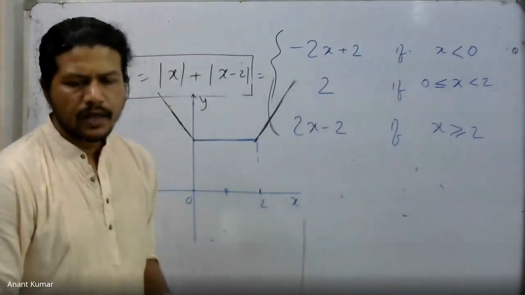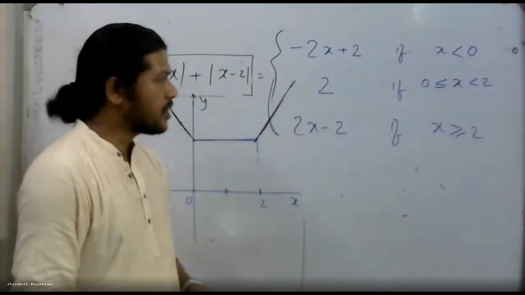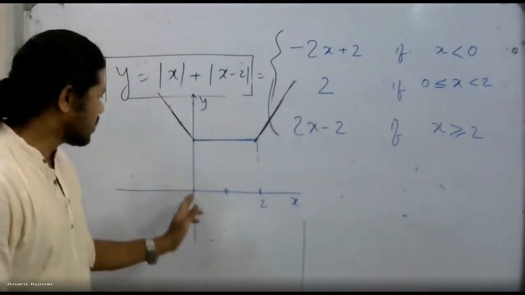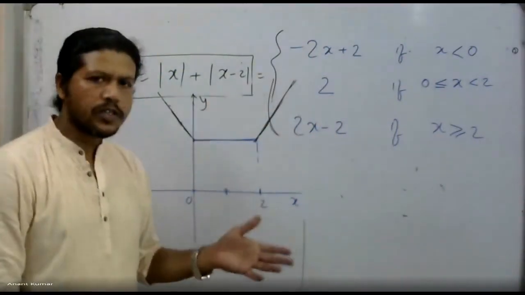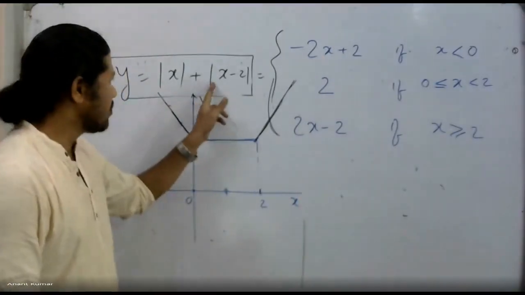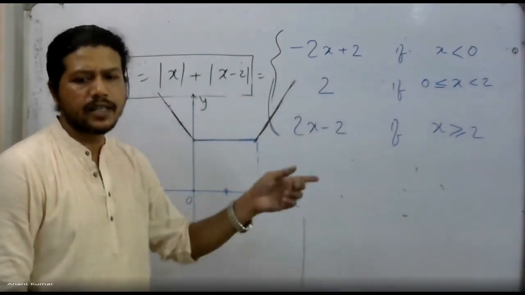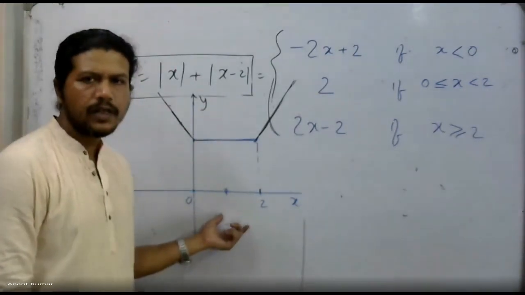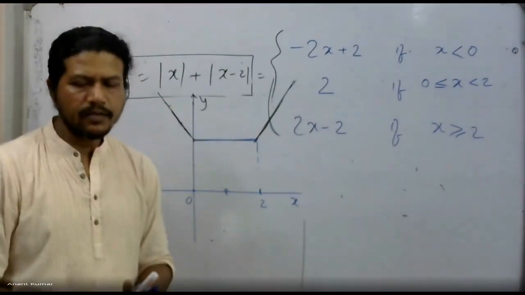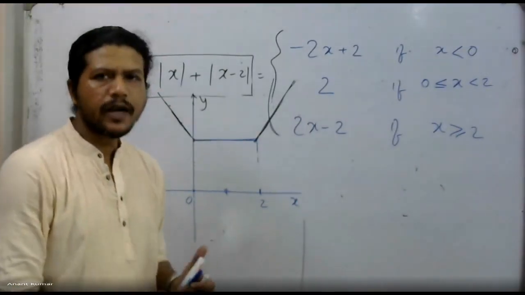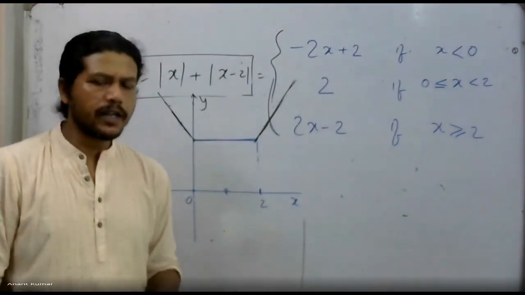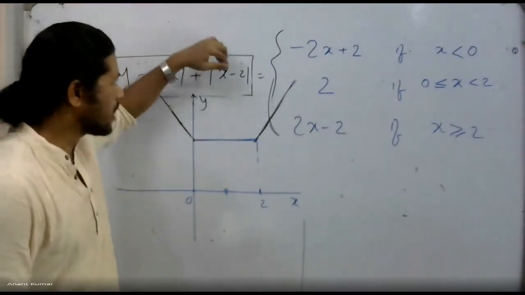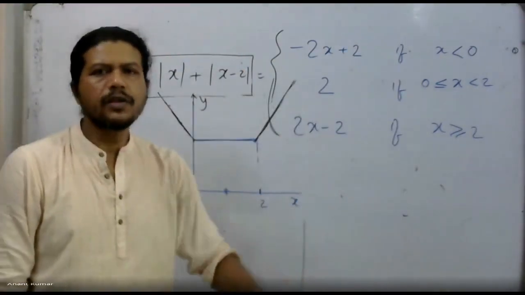Hold on, Moinak. Is it clear why I'm getting this particular thing over there, Moinak? Because when I consider this region 0 to 2, x is positive, so mod x remains x, but mod of x minus 2 becomes 2 minus x. Why? Because x minus 2 is negative in this interval, and that is why mod of x minus 2 becomes minus of x minus 2, which is 2 minus x. Fine? And therefore, we end up getting x plus 2 minus x, which is